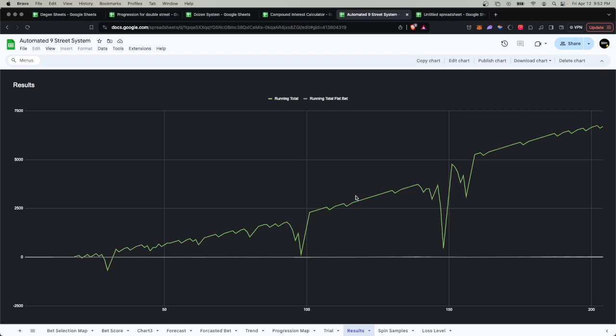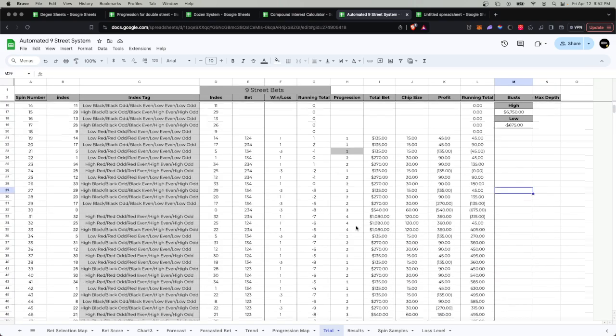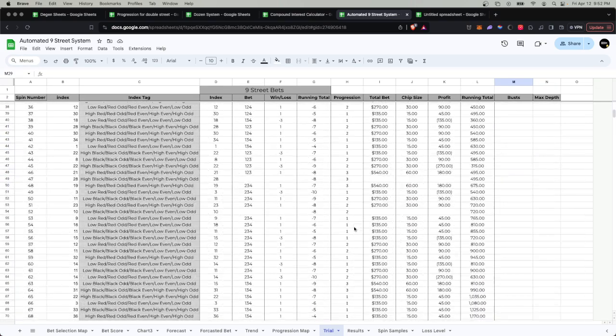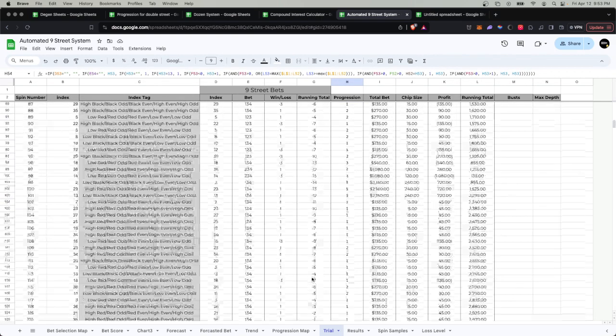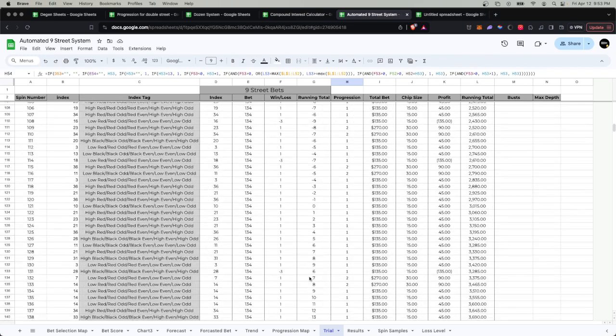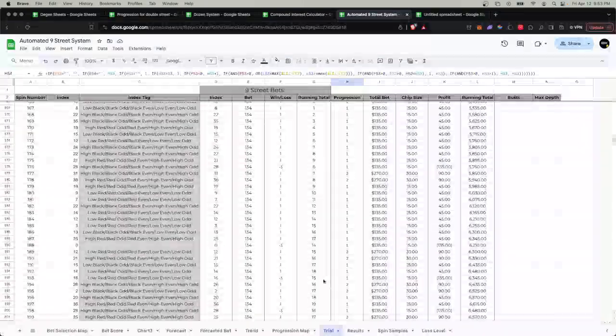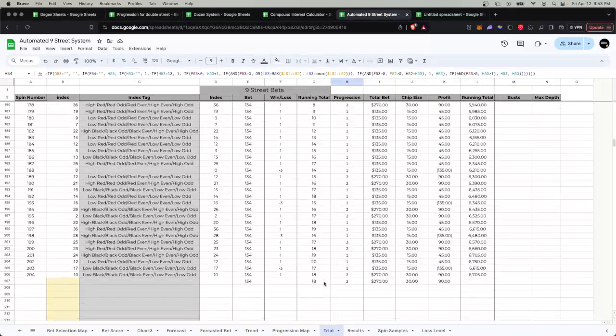Overall, the system seems to hold its own, with the minor error here where we're holding our bets when we shouldn't be, increasing our risk. But overall,